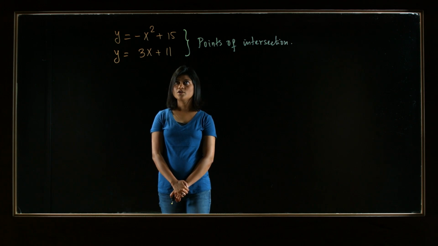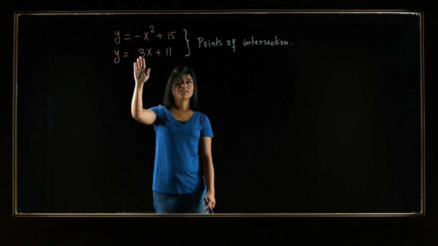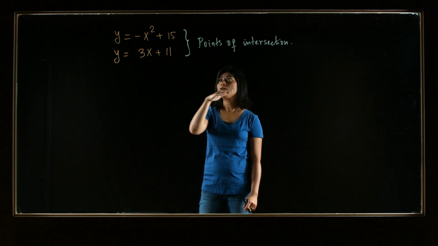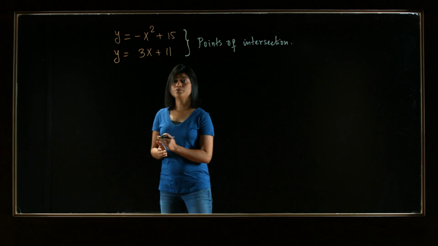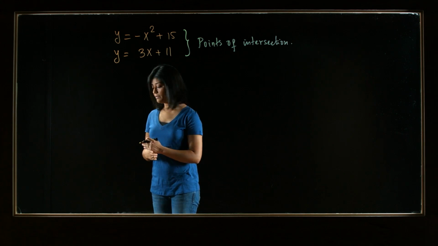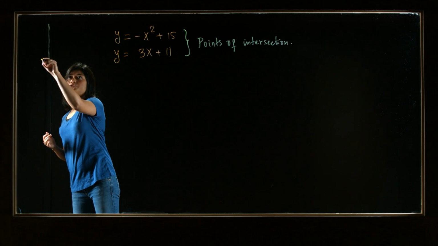In this problem, we have two equations that are given to us, and we have to find the points of intersection of the graphs represented by these equations. So how do we calculate points of intersection of two graphs? Just quickly note that if we do have